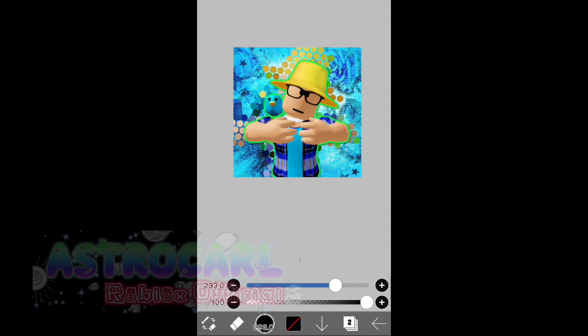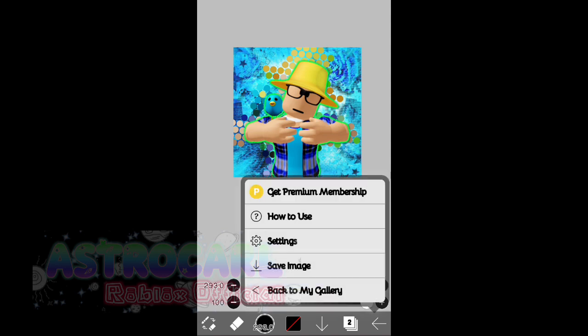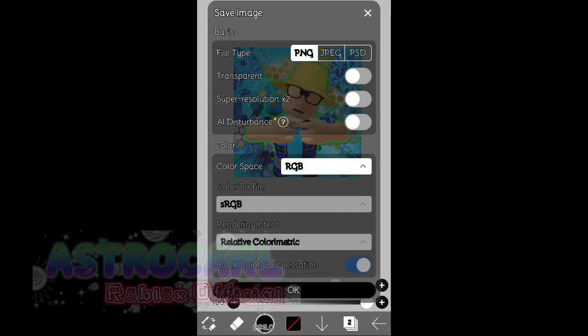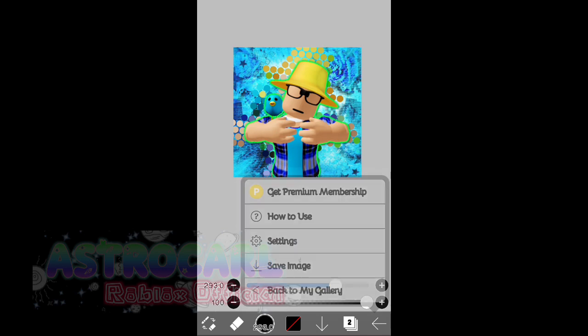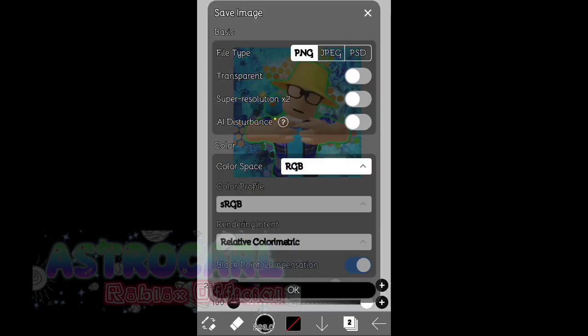Next, once you're done, press this button right there, the corner one, and then save image. And there's an option. If you want to save PNG, like PNG GFX used for banners or thumbnails for creating your videos, press PNG and enable transparent.